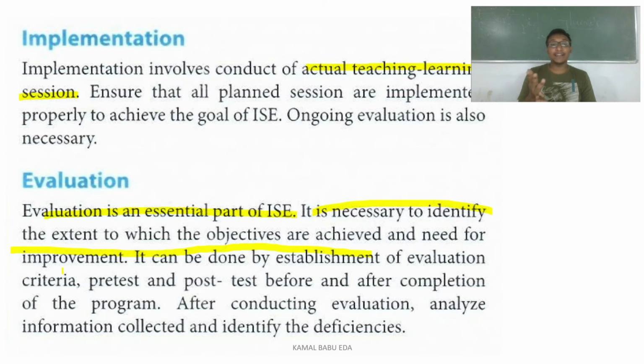So we have the pre-test and post-test design. Pre-test means before you teach them anything, what is their knowledge? Post-test means after your course of plan was implemented, then you go for the after test. So pre-test and post-test will give you a clear-cut evaluation of the program, whether it succeeded or not.